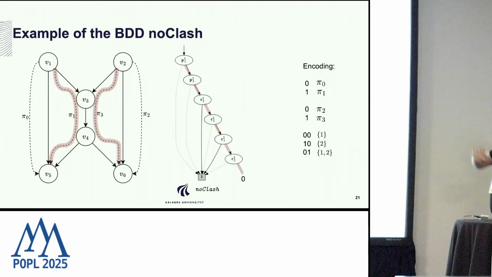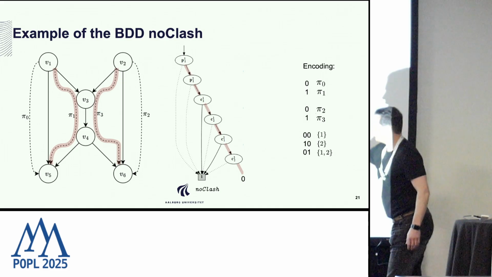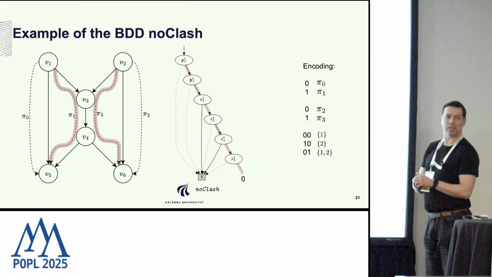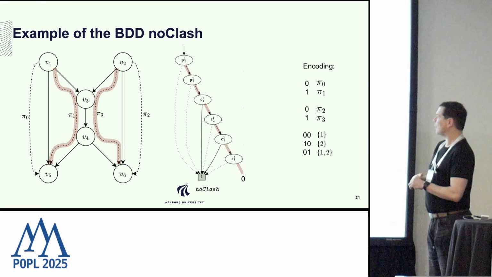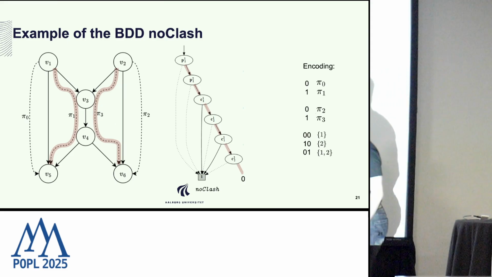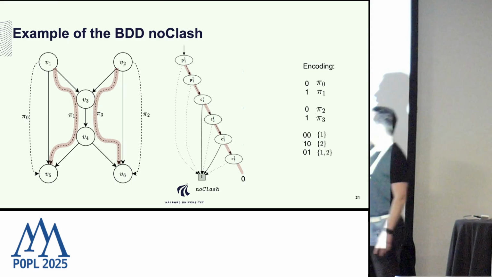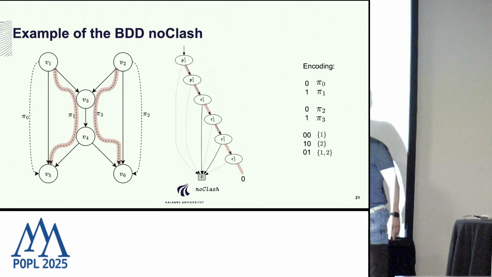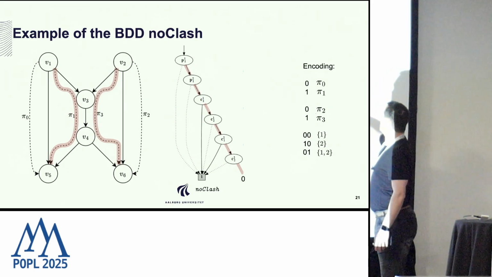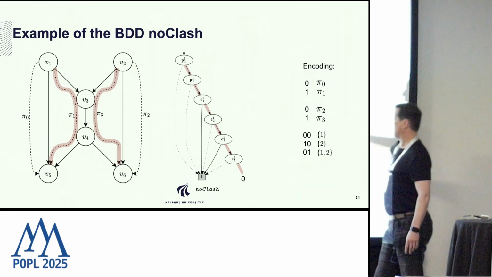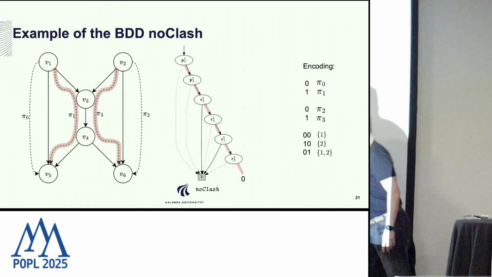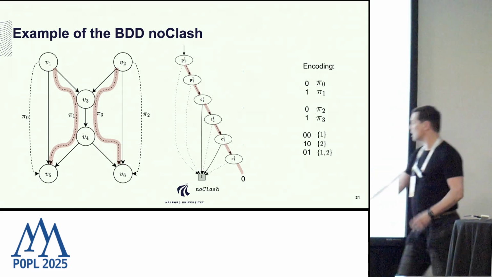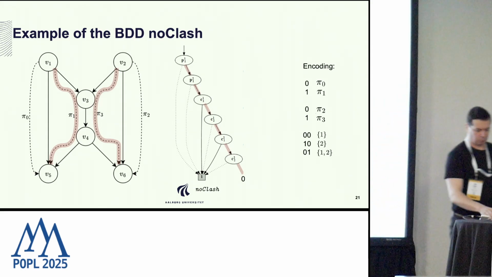When I build this no-clash BDD, it looks like this, and it encodes all the good assignments. There is actually only one that is clashing. And you see there is this one long path that actually goes to the node 0 that I omitted. That's the assignment which takes pi 1 and pi 3, and then 0, 1, 0, 1, which is this 1, 2. And that's the clashing assignment that is now excluded in the BDD.